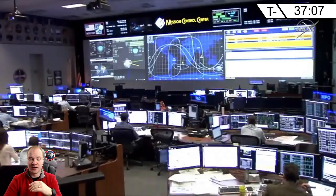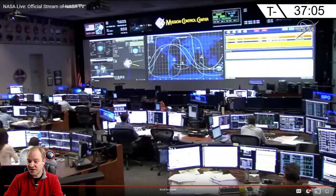They did do a couple of tests yesterday. So a little bit of maneuvering, some testing of the docking ring system, kind of just extending it and retracting it in the middle of space. But no actual